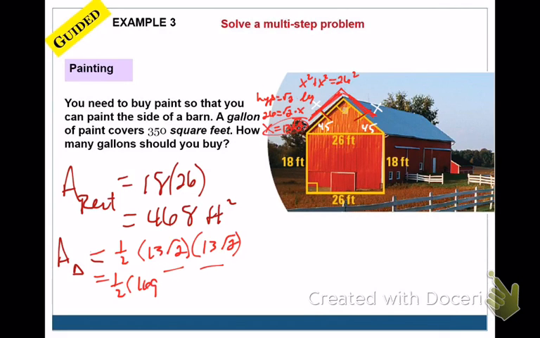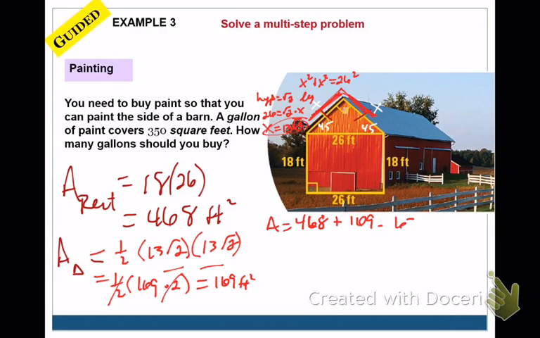Radical 2 times radical 2 is the square root of 4. The square root of 4 is 2. Well, if I multiply 169 by 2 and then cut it in half, then we're going to get right back to 169 square feet. So the total square footage is this 468 plus 169,